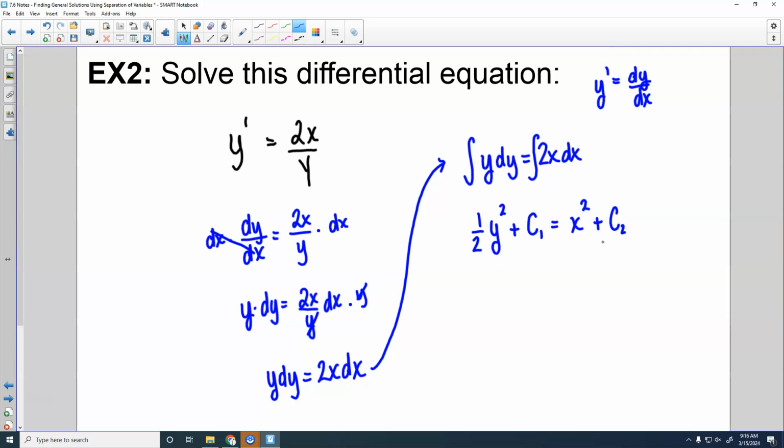However, I've already talked to you a little bit about this before. C is an unknown quantity, right? We don't know what C is. So if I took this C1 right here and I subtracted it here, I'd have 1/2 y squared equals x squared plus,